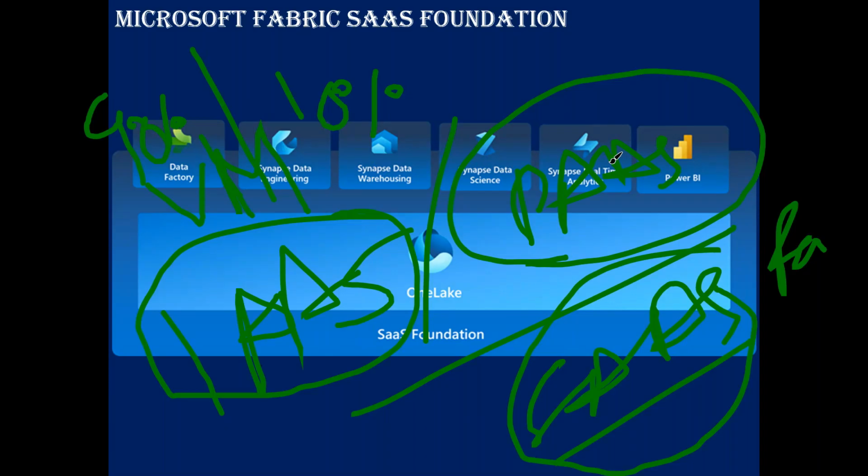PaaS means think of Data Factory or your Databricks or anything you consider, Tim. There you create a compute. You ask from the front end, I need two computers. They will make them ready. You will develop some code or pipelines and run them on these two computers. But who will be managing these computers? Everything is Microsoft. That's why here 60% will be managed by Microsoft, and only 40% you will be managing.